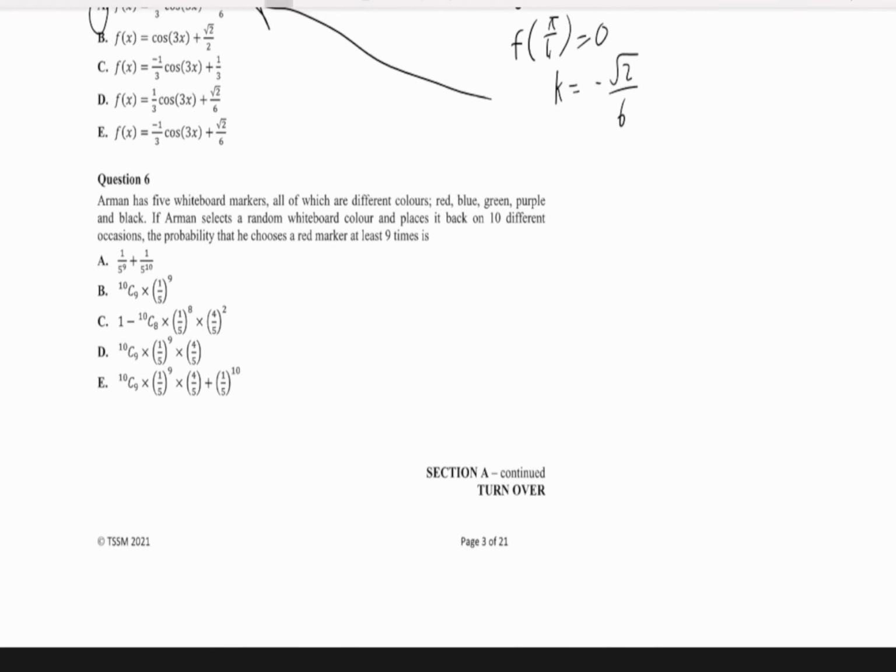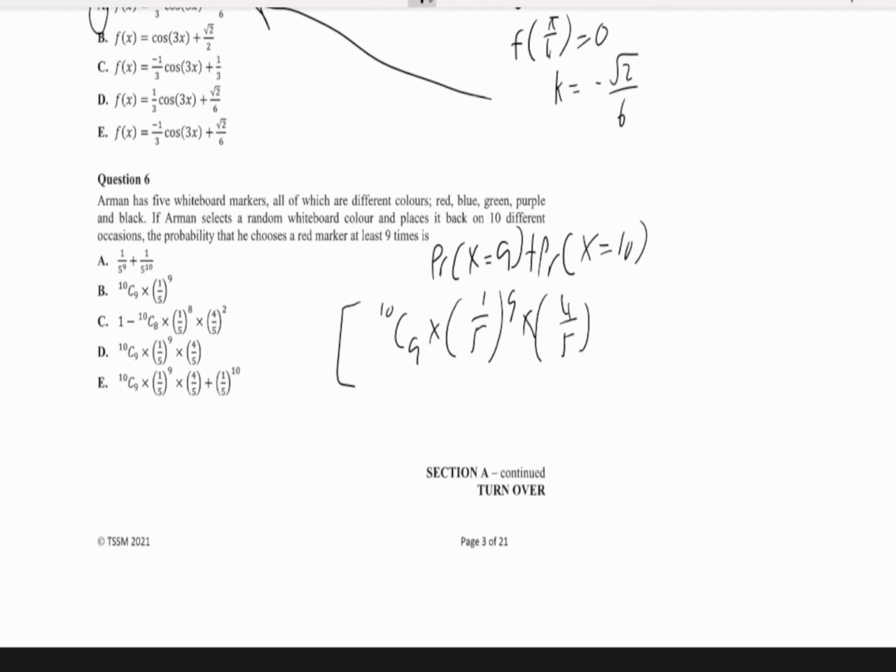Question 6 is just Pr(X = 9) plus Pr(X = 10), and that's 10 choose 9 times (1/5) to the power of 9 times (4/5) to the power of 1, I think. Yeah. And you add that to